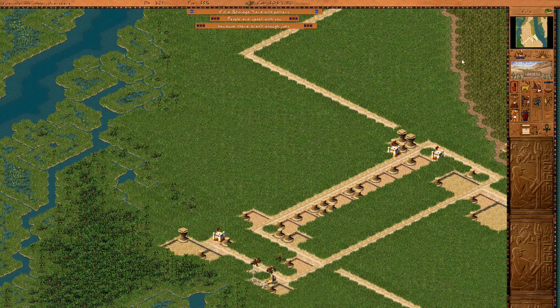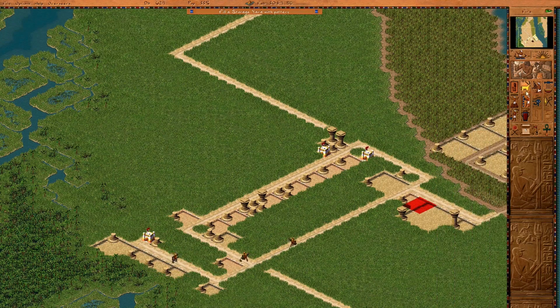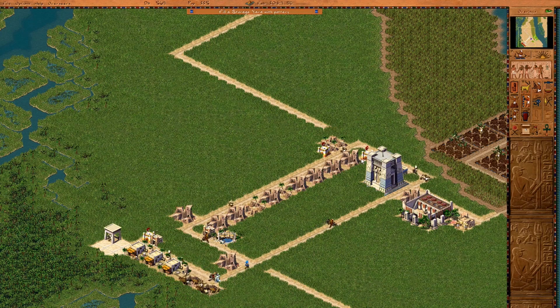People are upset with me because there aren't enough jobs. Whoops. Well, I can put some more work camps down. Well, let me replace my pottery industry first. Potter, clay pit. Where was it? Alright. There aren't enough jobs, so this guy takes 12, this guy takes... Well,